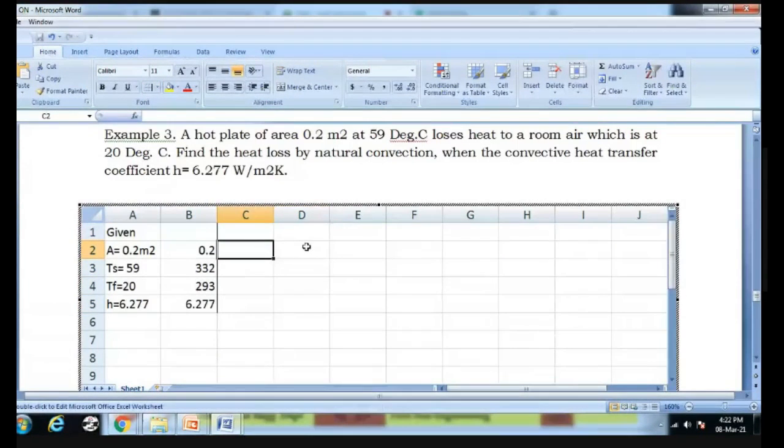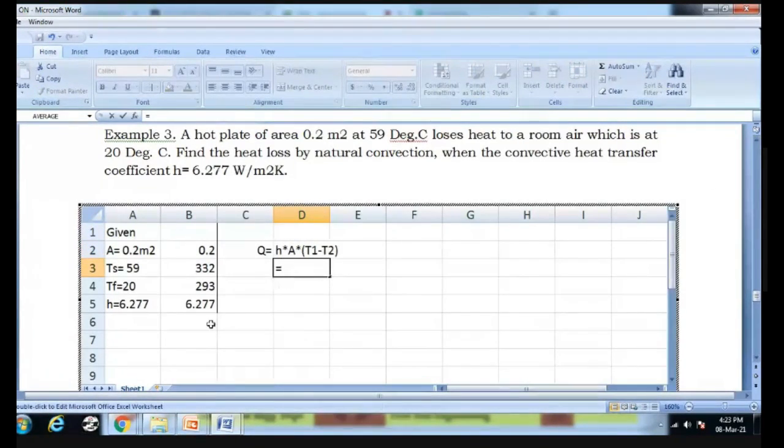Now what you will find, the heat losses, that is only asked. Q is equal to, what is the formula for Q here? Yes, Q is equal to h A into bracket T1 minus T2. hA into T1 minus T2, that is why you say it is convective heat transfer. And easily you can calculate now.